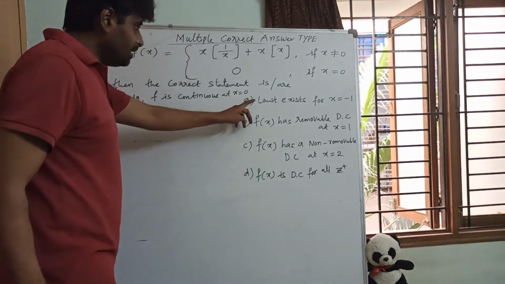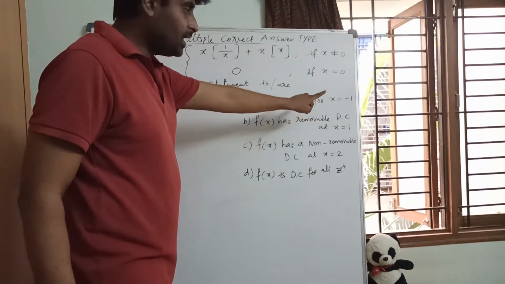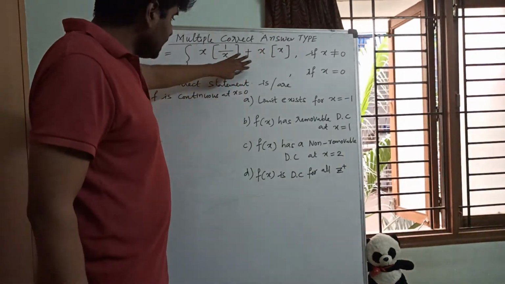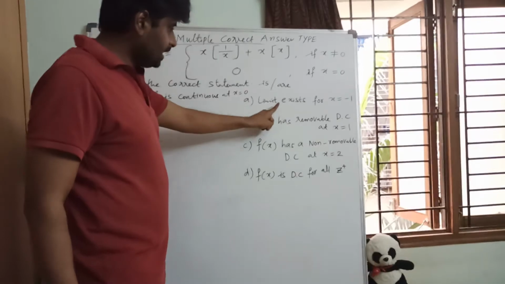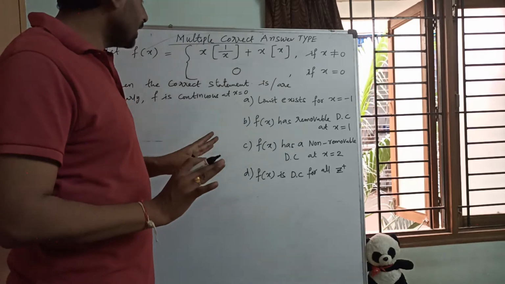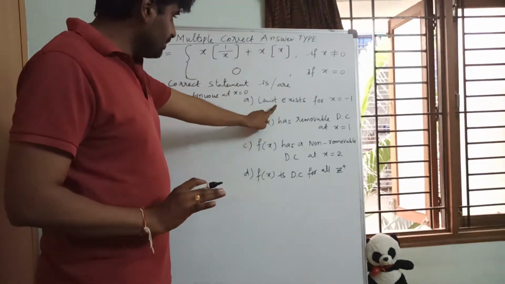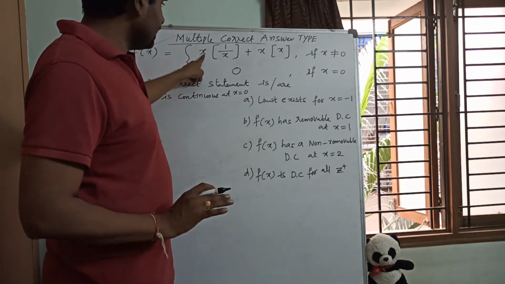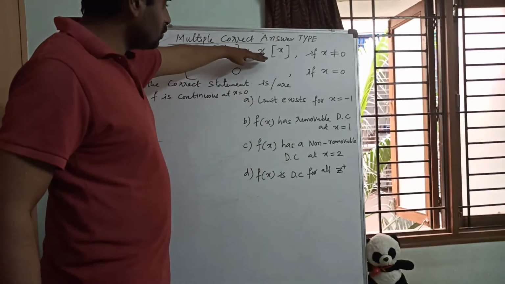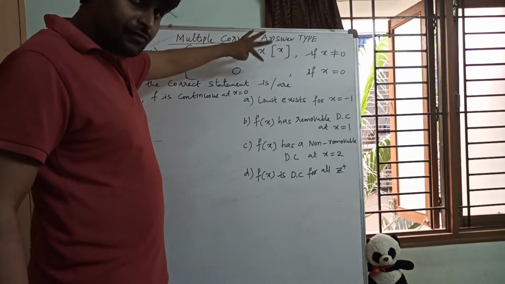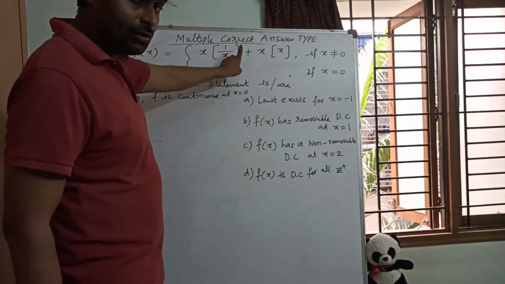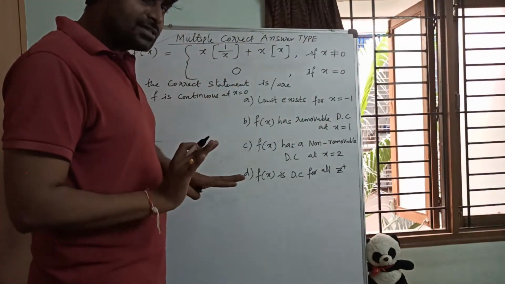After that, the limit exists for x equal to minus 1. Of course, at x equal to minus 1, if you substitute, is there any problem? Is there any undefined value we get? At x equal to minus 1, if you substitute, is there any undefined value? No. So does the limit exist or not? Here, 1 by minus 1, some value we are going to get, but we are not going to get an undefined value. So it is defined only. When it is defined, the limit exists for that. We are talking about limit only, not continuity. Does the limit exist or not? Yes.